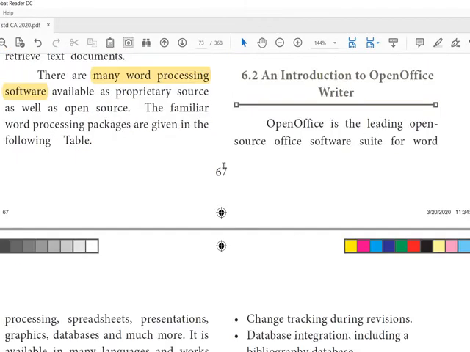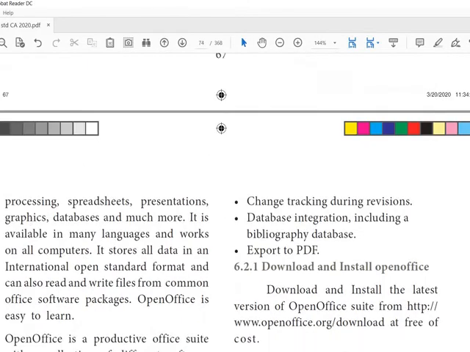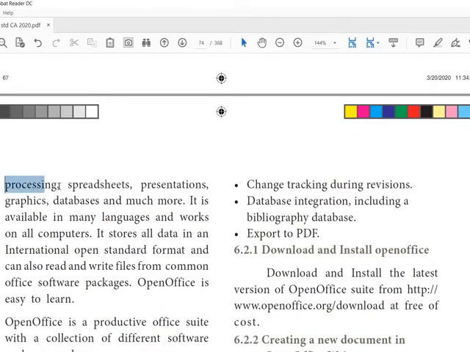OpenOffice is the leading open source office software suite for word processing, spreadsheets like our Excel sheet, presentations, graphics, databases, and much more. You will have practicals in Word, Excel, and PowerPoint.